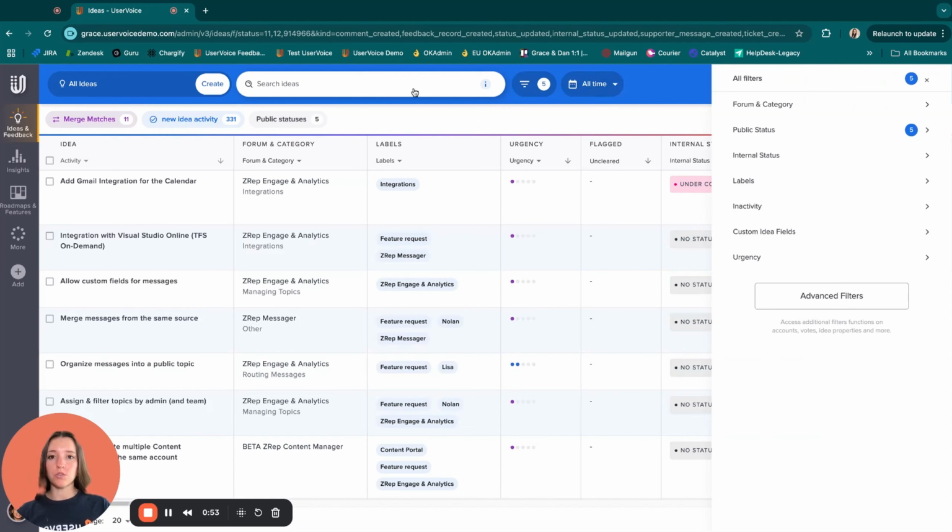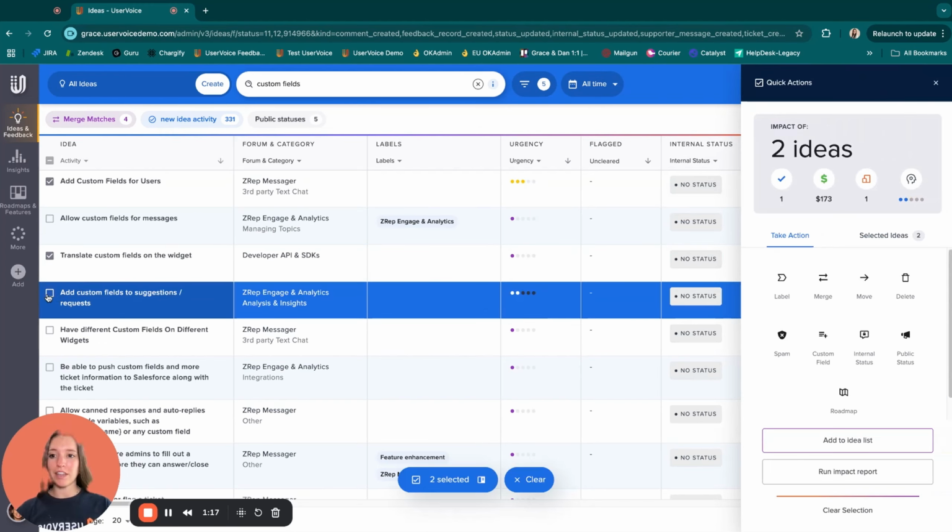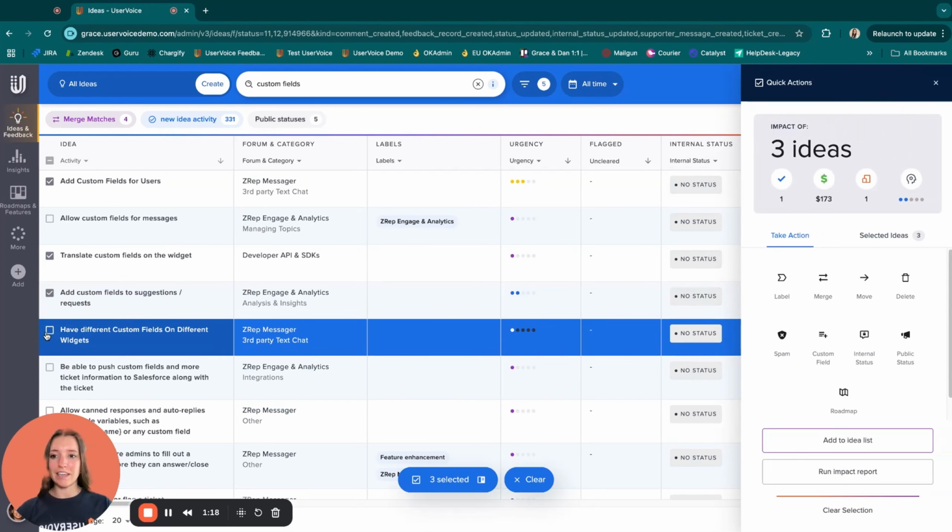To create an idea list, we're going to start in the main idea grid. You have a couple options here to select the ideas you want. You can either go one by one and select ideas from the main idea list, or utilize filters or the search to filter down your ideas and then select all. I'm going to start by doing a search and then selecting the ideas that I want to add to a